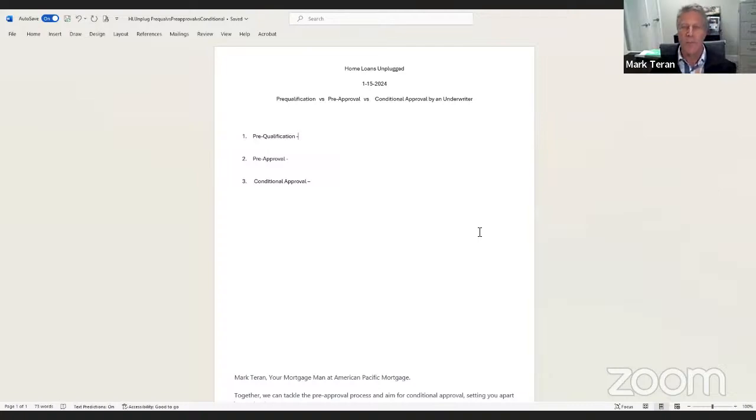And so let me give you a case in point. One case here would be bank statements, right? We need those bank statements because they're going to be reviewed by underwriting. The underwriter is going to review the bank statements and see what kind of deposits are going in and out of that account. And if there's a big lump sum of money going in there and it's not clear that it came from the person's work, they're going to say, hey, Mr. Loan Officer, we need you to document and explain where this $5,000 came from.